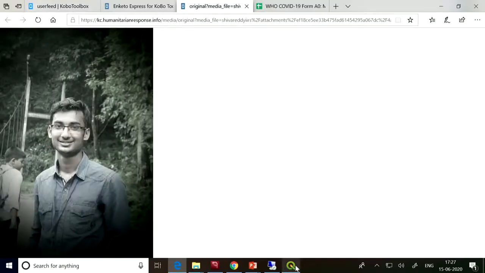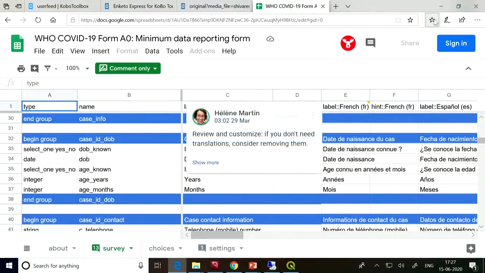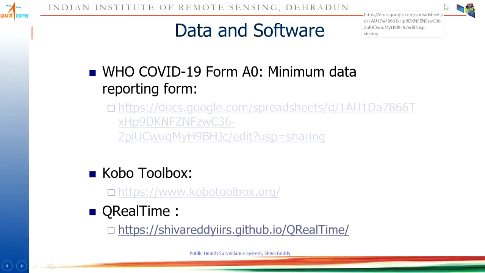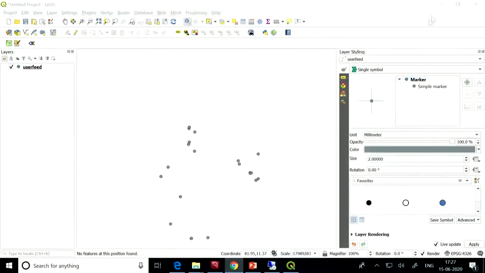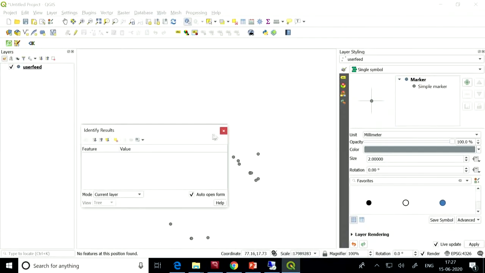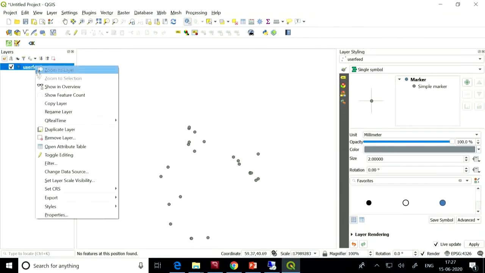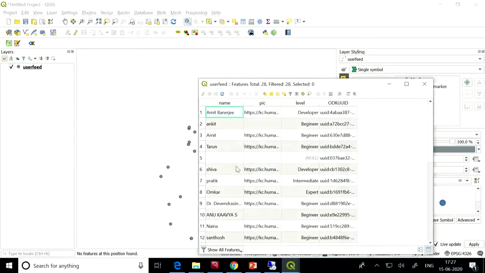But from the GIS, you can analyze now because it is in GIS. You have an advantage. Why? Because now you can do all kinds of spatial temporal analysis, and within 30 seconds or 1 minute, you can keep syncing. How many data I got, I can check it here.